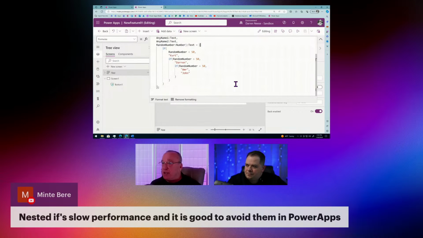But under traditional languages, traditional processing, it's going to take that top if, and if it's in that one, it stops right there. It doesn't go into the second or third if, in the way Darren has that set up. It won't go into the second or third. So in traditional senses, that would be the best and fastest way to get something done.